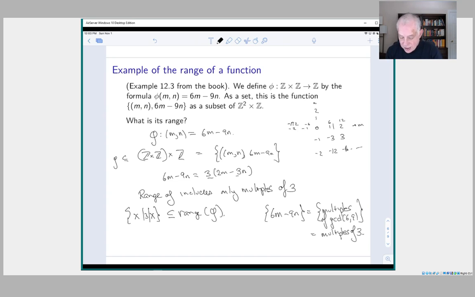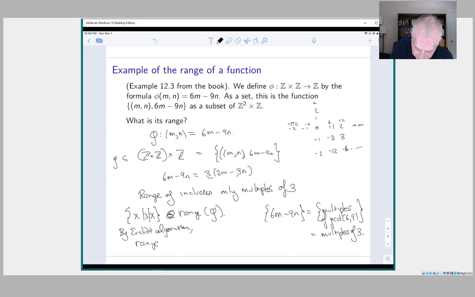So in fact, we know that every multiple of 3 is of the form 6m minus 9n, using Euclid's algorithm that we proved before. So by Euclid's algorithm, the range of phi,